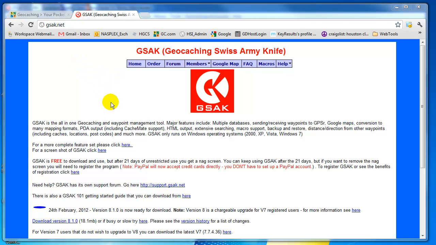GSAK.net before class time, download and install GSAK version 8. Down here in the bottom of the screen you'll see download version 8.1.0. Depending on when you go in to do this, it may even be more current than that. But take the most current version of 8 that you see on this screen, and please download and install that